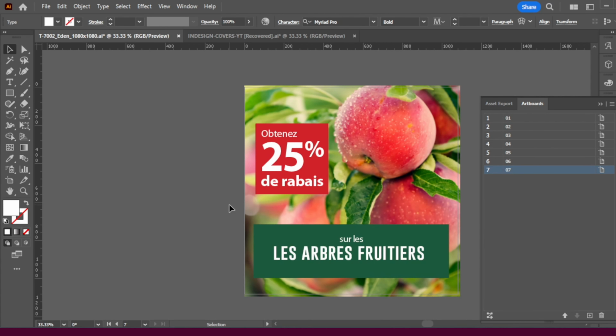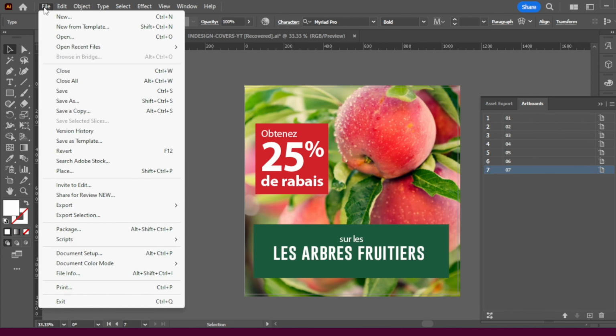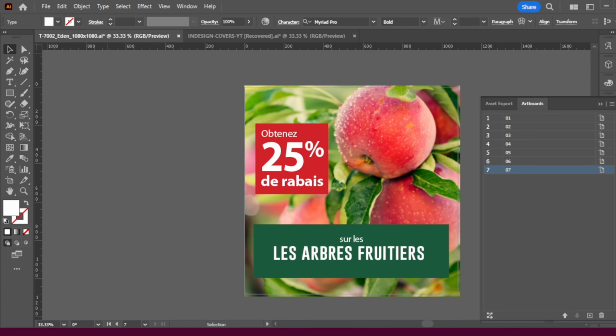So now we're going to go in the exporting session. I already have the file name for these visuals. It's already saved in my Illustrator. I already have the file names for all of my design projects. They're already there. I don't have to worry about that. So when it comes to exporting, it makes it a lot easier when I'm doing multiples. So in this situation, I'm going to go in File, Export, Export As, and